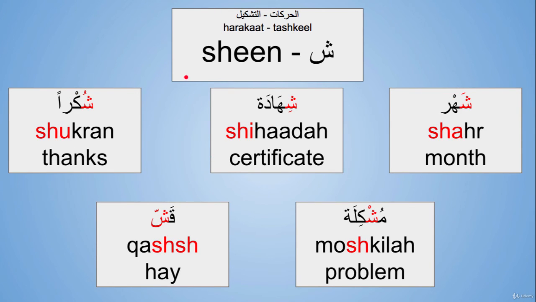Moving on to the letter Sheen, let's see how the diacritics work with it. When we have Sheen with fatha, it becomes Sha, like the word Shahr, which means month in Arabic. And you can have it with kasra, so it becomes Shi, like Shihada, which means certificate or testimony in Arabic. And you can have it with Dhamma, so it will be Shu, like the word Shukran